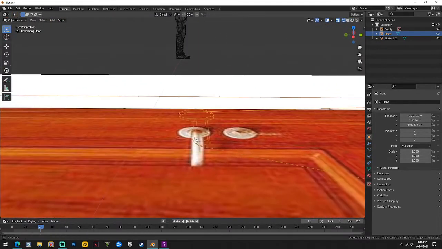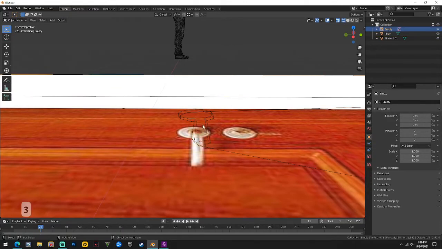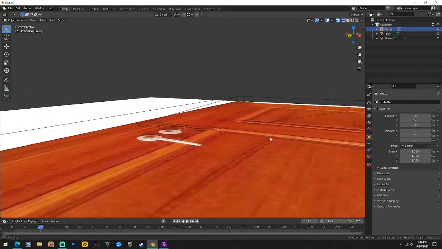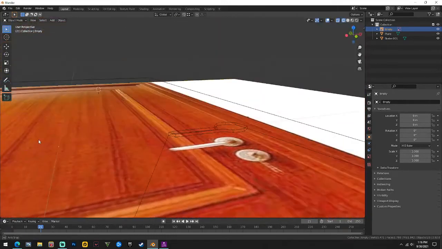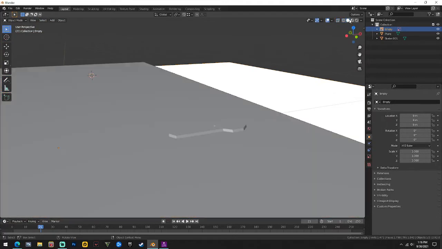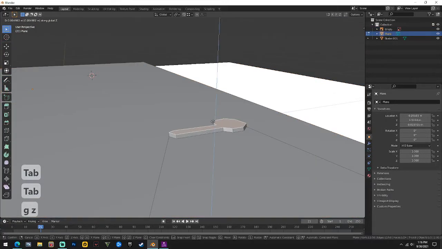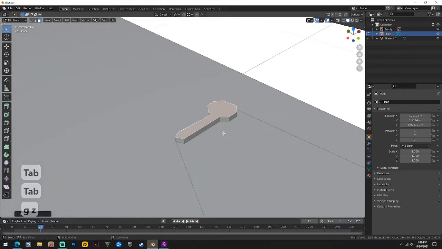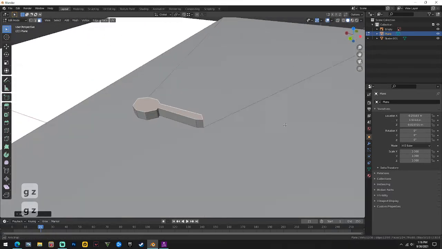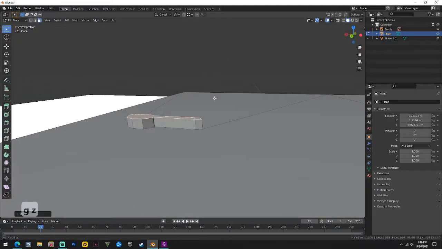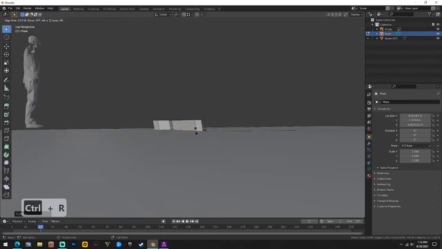Like you can extrude it out more if you want, delete the bottom part of it to give it the gap between the handle and the door. That's kind of stuff that you're gonna have to just figure out and get creative with. It's not something other people are gonna be able to really figure out for you. Once you do the handle, you could just leave it at that, or you could throw a loop cut in here,